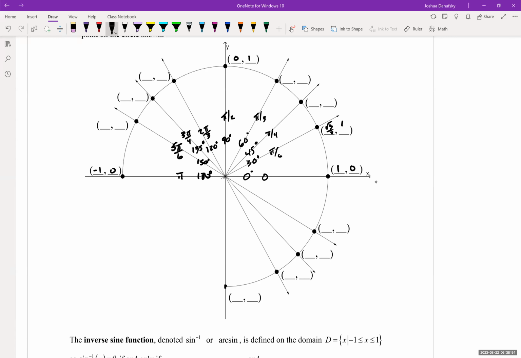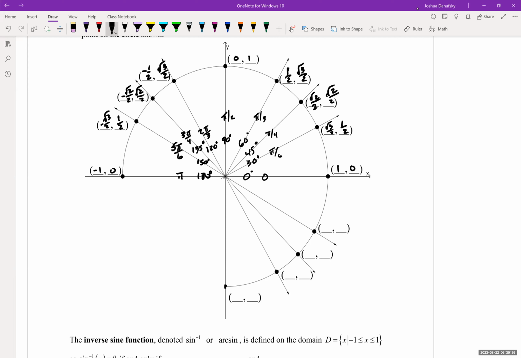So nothing changes here, really. Okay, now looking at quadrant 4,